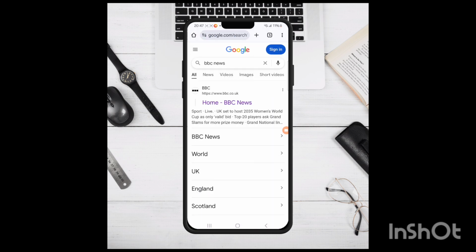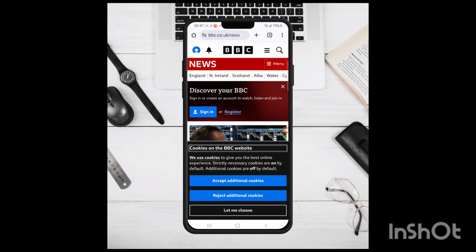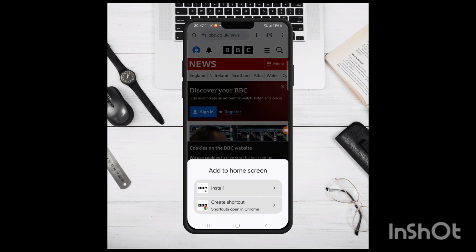We'll select BBC, so open the website, and in the top right you'll see the three dots. Press that and it'll bring up this menu. What you want to do is press add to home screen, and here it'll give you two options: install the app or create a shortcut. We'll create a shortcut,